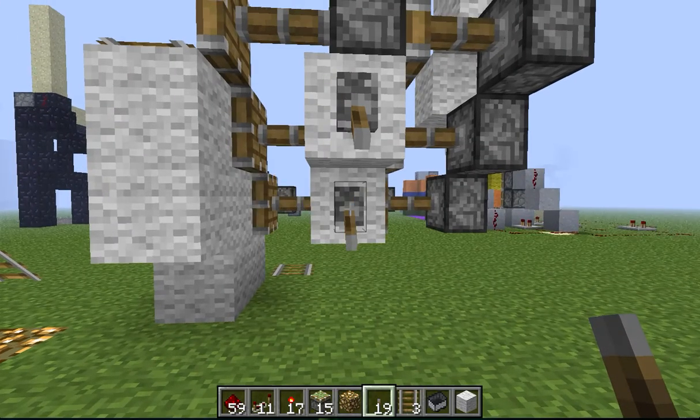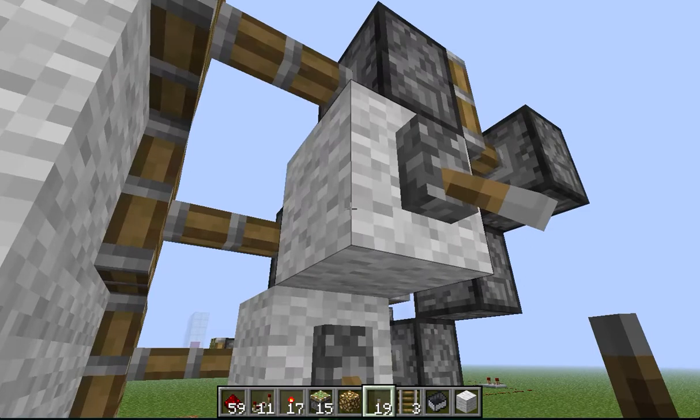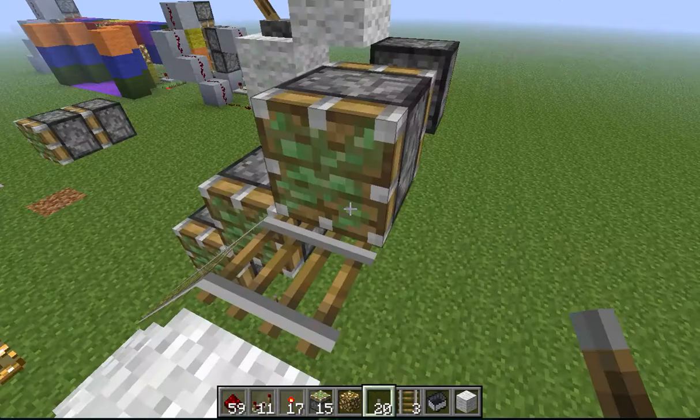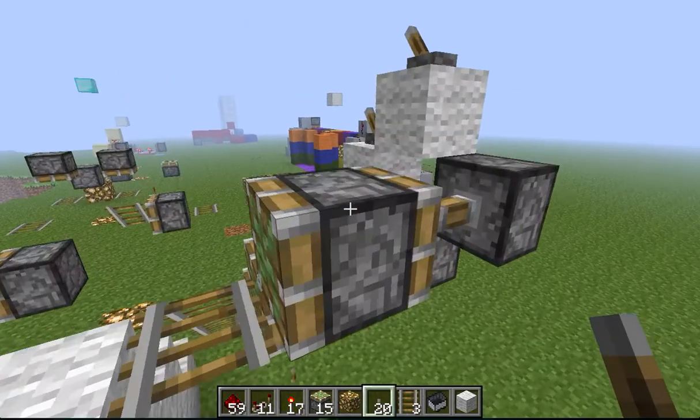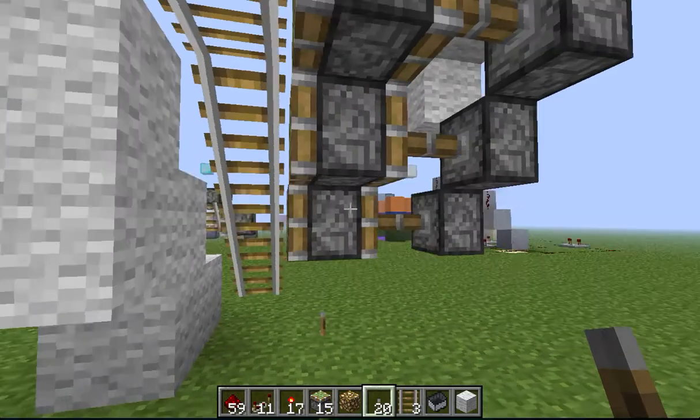Oh, I should have done this. Oh, can't actually do that. Oh, that's right. See, you only get them straight out, they don't double extend. So, yeah. Alright, we're going to